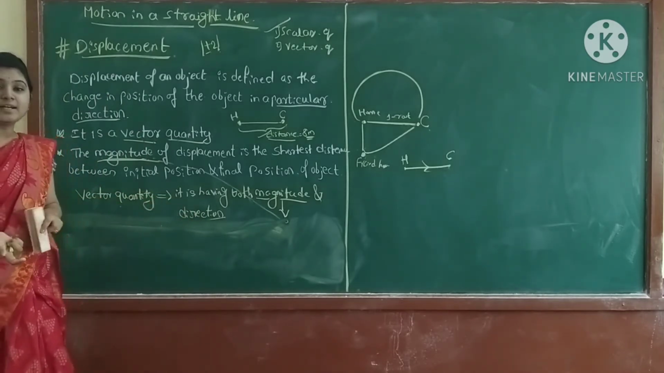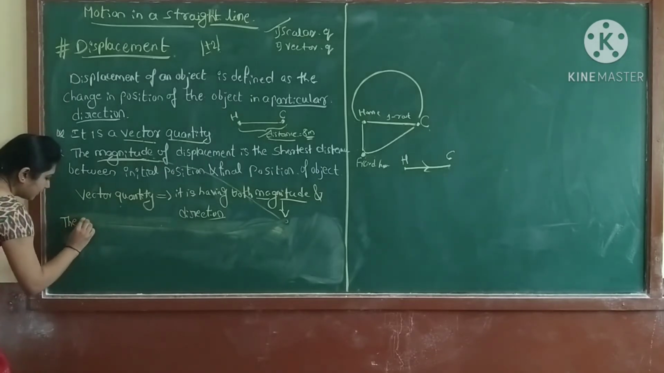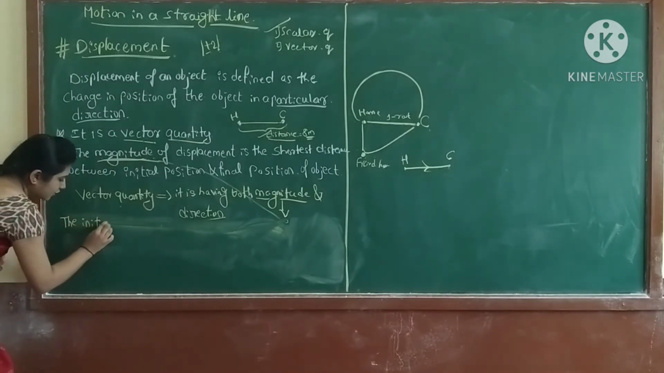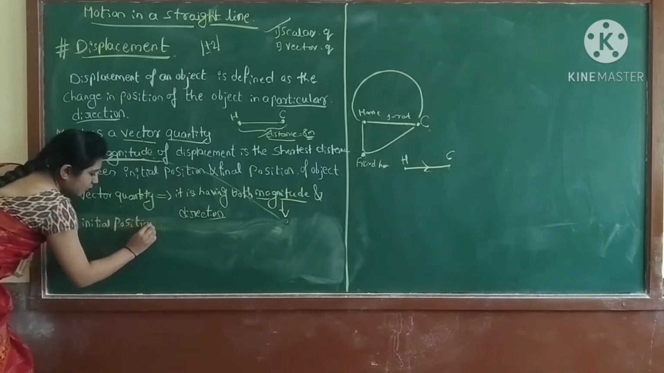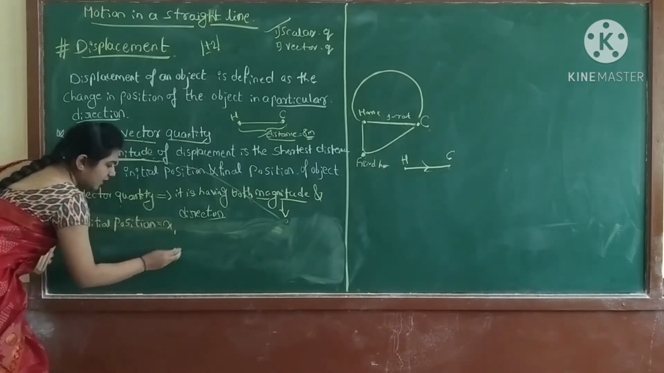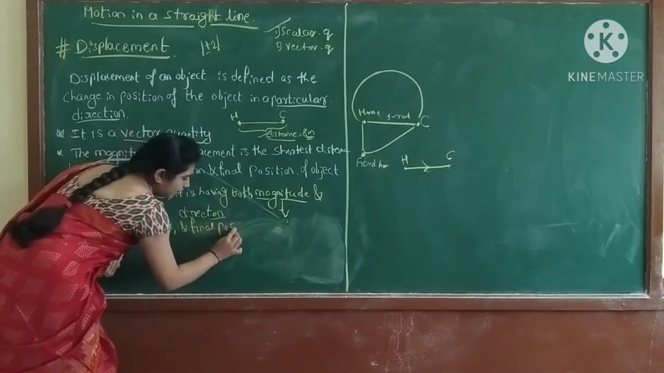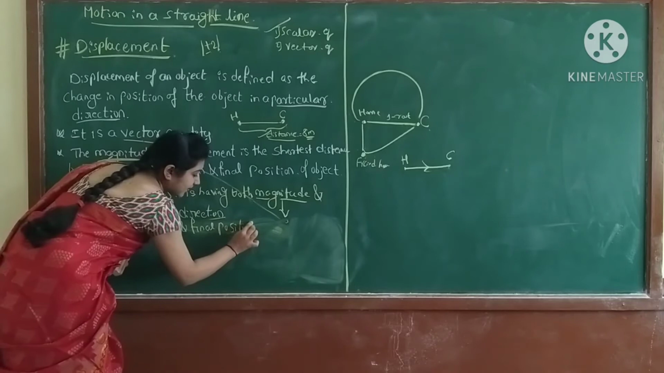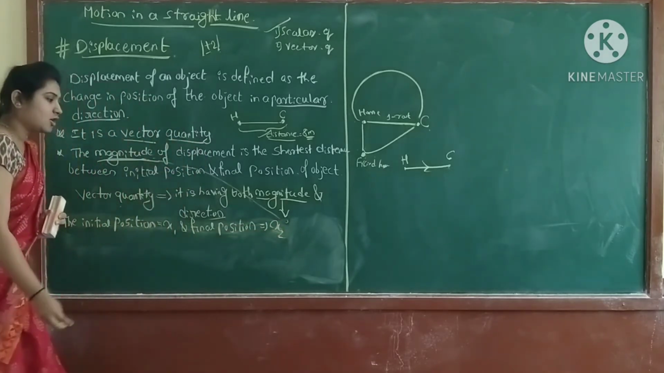Then how to consider? Just write here the initial position. So initial position means your home. So initial position you can take it as x1 and final position. Final position means you last ಎಲ್ಲಿ reach ಆಗ್ತೀರಾ ಅಂತ, that is x2. Yes, so similarly